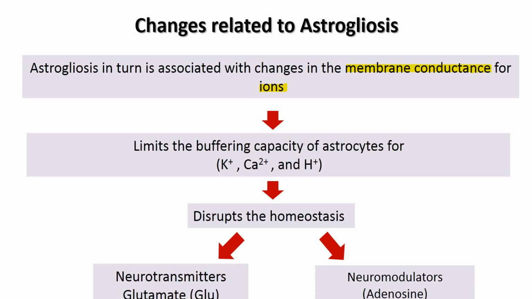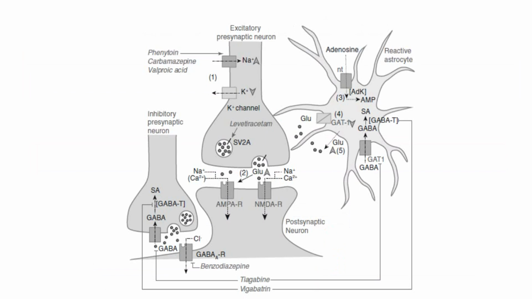Changes related to astrogliosis. Someone can ask you in the exam, what are the changes related to astrogliosis? These are the changes. This is the diagram from your study material. You have the excitatory presynaptic neuron, you have adenosine, you have the reactive astrocytes, astrogliosis, and this diagram tells you about the various